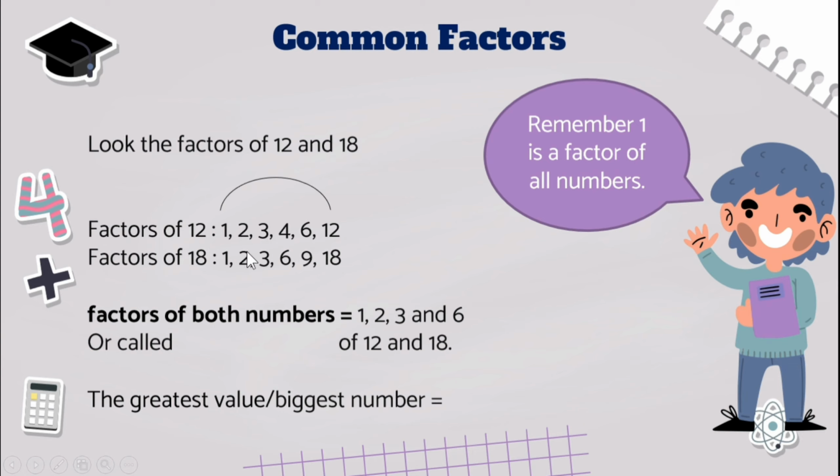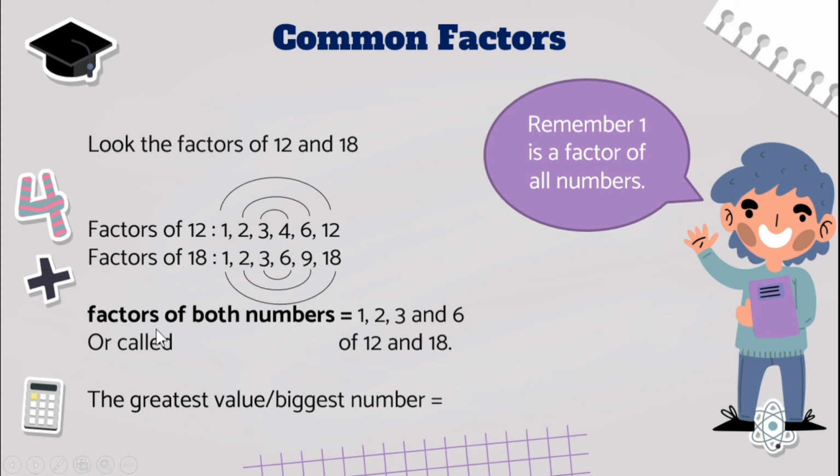And then we have 2 and 6, and we are going to find the multiplication that equals 12. 2 and 6, and then 3 and 4. Remember, every number among the factors always has a pair or a couple. Also with 18, 1 is always paired with the number itself.